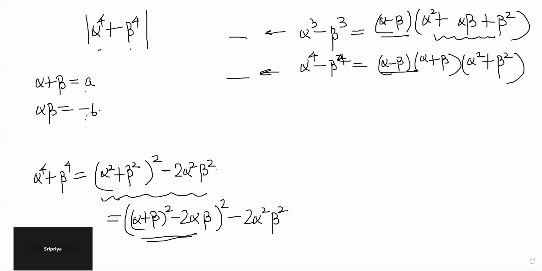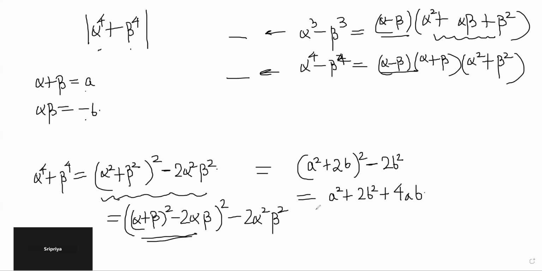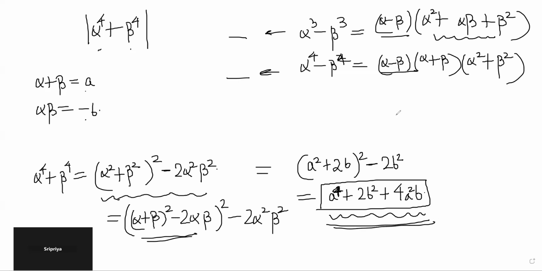So basically we can write it in terms of a and b, what we need, right? So here we can write it as a square minus 2 into minus b, so plus 2b. A square plus 2b whole square minus 2b square. So if you simplify this, it will become a square plus 4b square minus 2b square, so 2b square plus 4a square b, and a power 4. So we need this value,